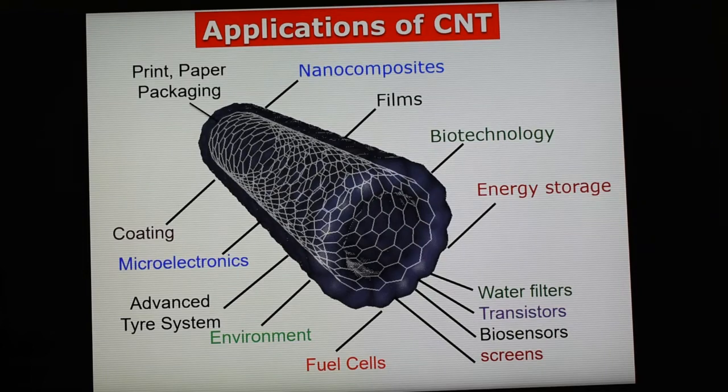Another is that they also have a high resolution. Another important application is that the TV screen could be thin, ultra light, and also foldable. We can fold it like a calendar, and carry it with us from one place to another place. So it is easy to carry. Such a type of TV screen can be there in the future.